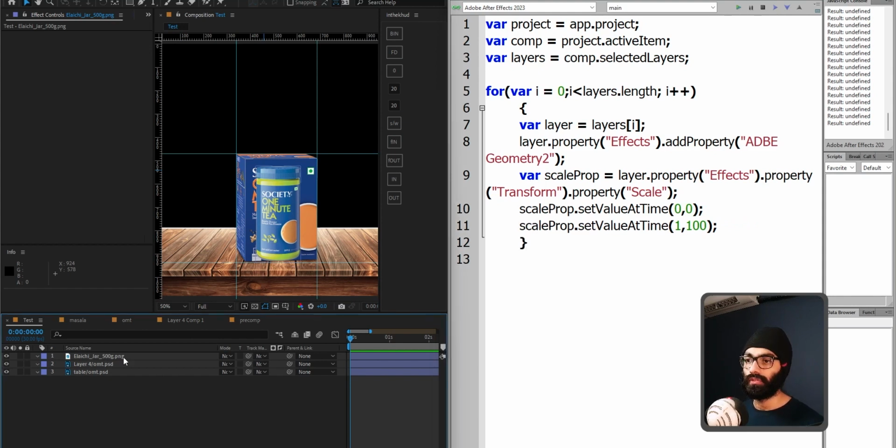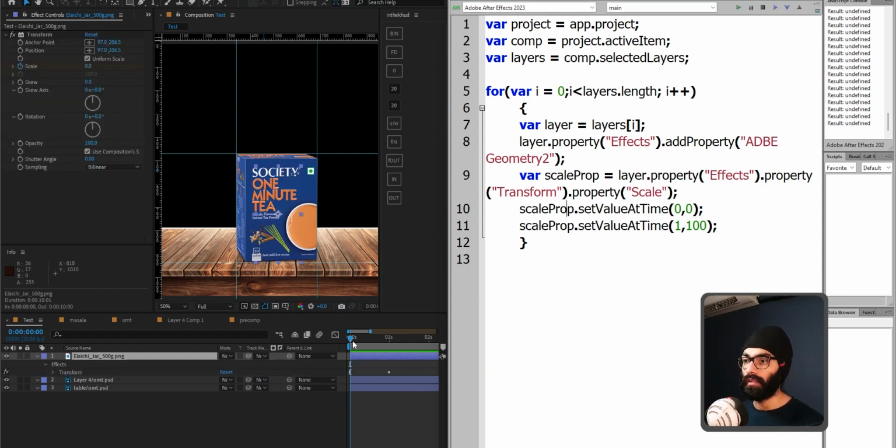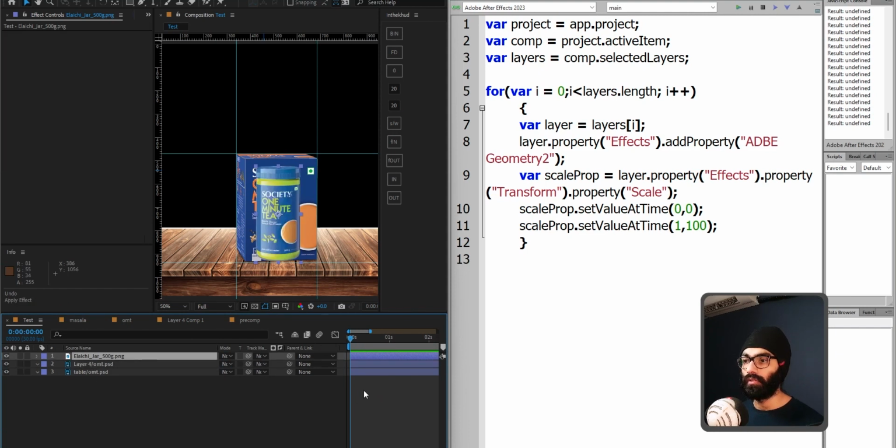I think this should just work. If I just have one layer selected and I run this script, over 1 second it goes from 0 to 100. Okay, that is all fine. It adds a transform effect. Let me just add an undo group so that